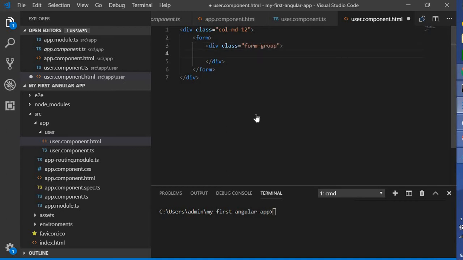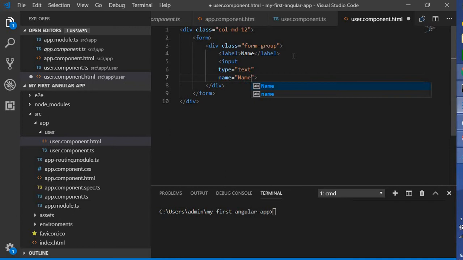This form group is going to contain a label, which is name, and second thing I'm going to use an input box, type equal to text, and name equal to name. I'm going to use a Bootstrap CSS class for this one, so class equal to form-control.